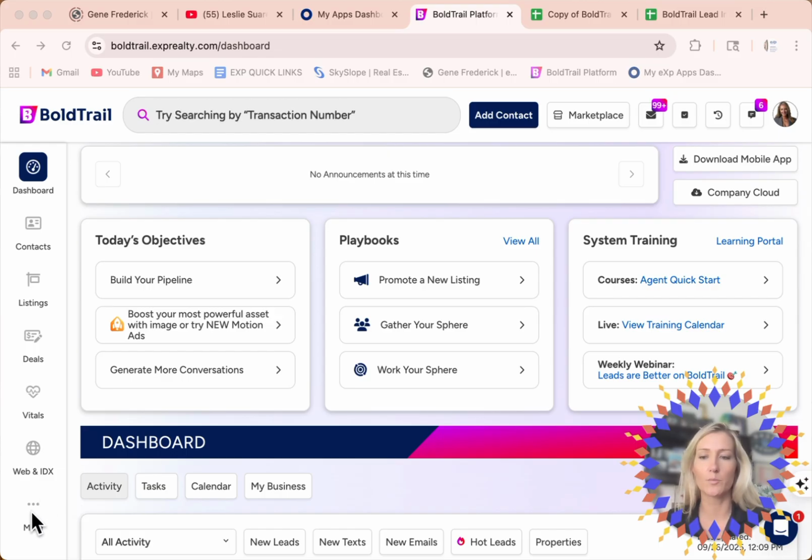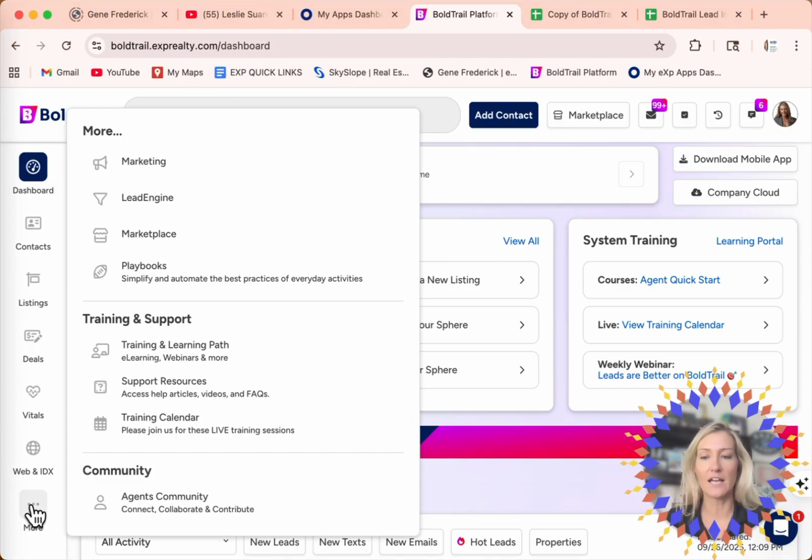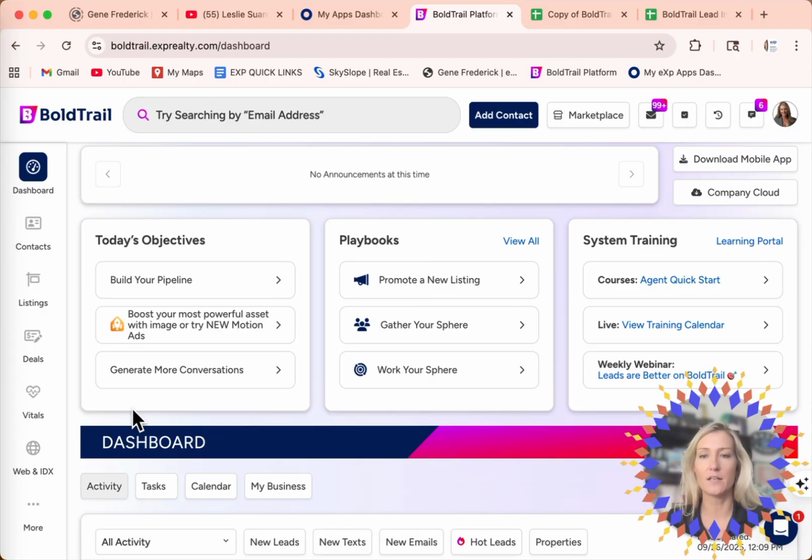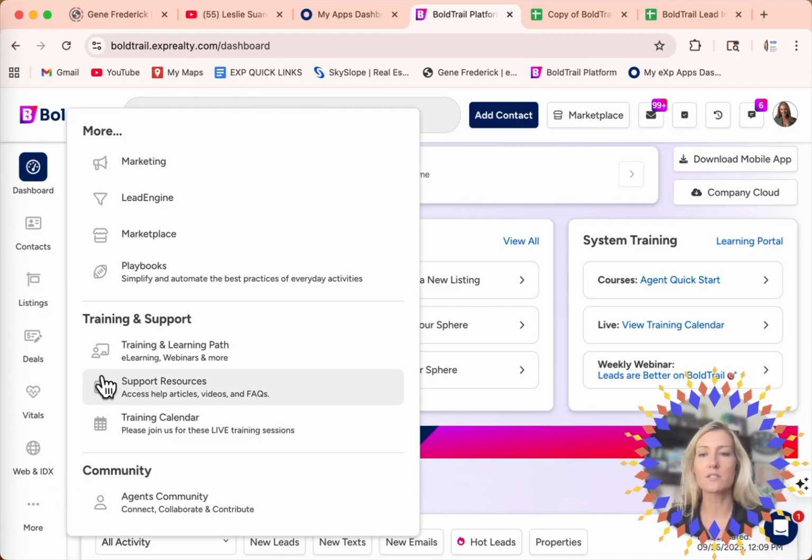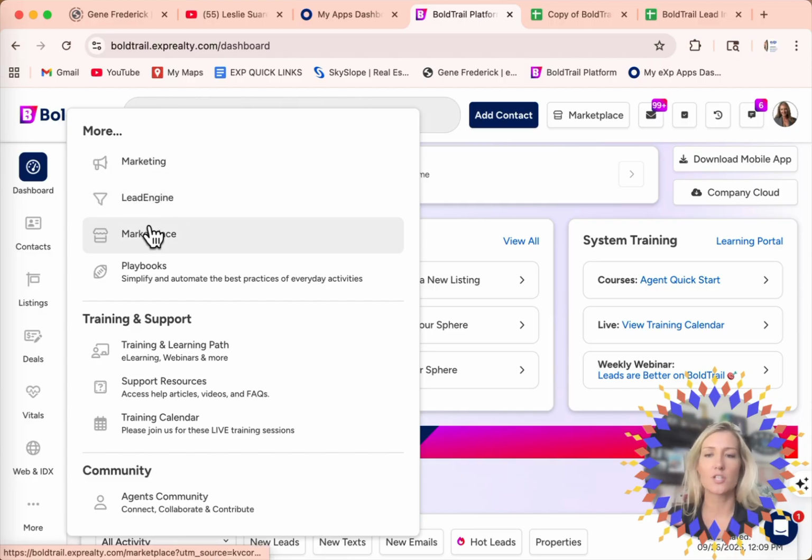When you're logged into your BoldTrail dashboard, you will see a More button at the bottom left-hand corner. If you click on that More button, you will see some additional options. You have marketing, lead engine, marketplace, playbooks, training and learning paths, the training calendar. So many extra tools and resources for you right here. But we're going to click on lead engine because we're trying to get more leads into our database by doing